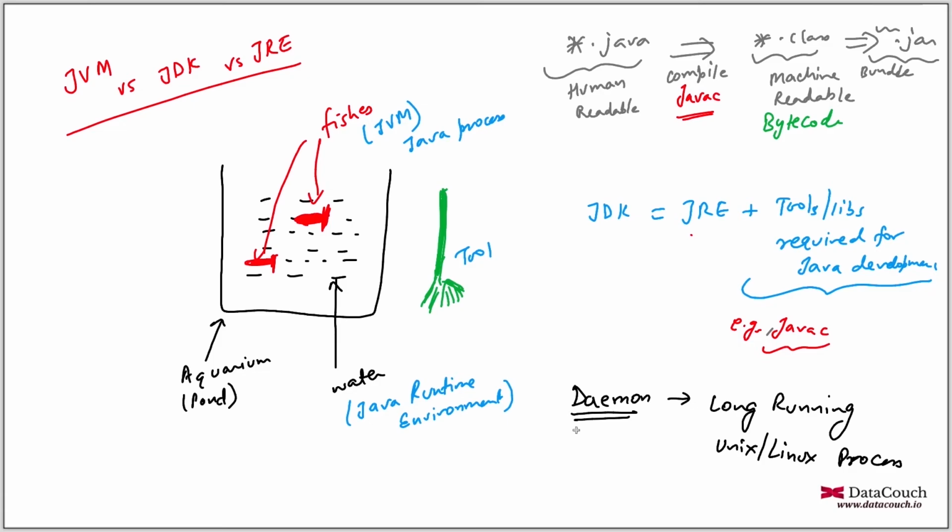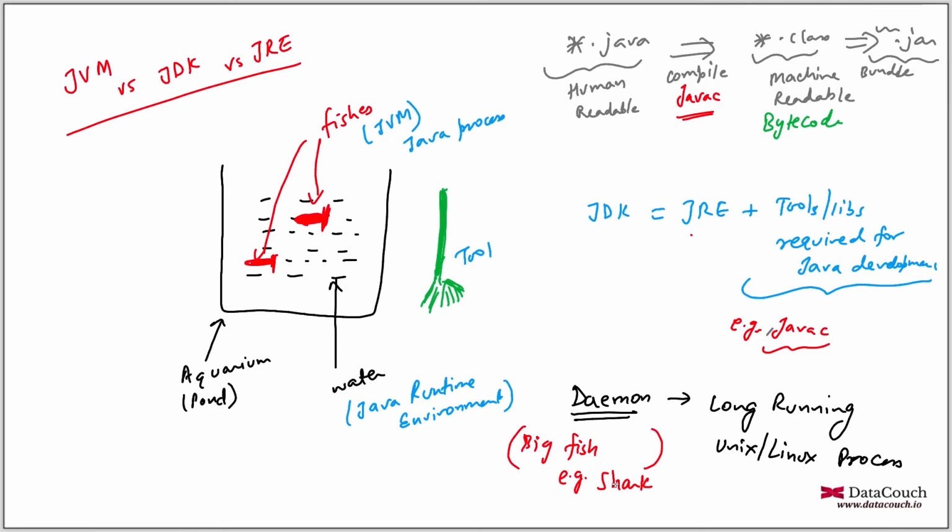This daemon may be Java or may not be Java. It can be a C++ daemon also, like in Impala we have C++ daemons. So this daemon is actually like a shark. So big fish, for example shark. These sharks have a longer lifespan than smaller fishes in the pond. A shark cannot even fit in a pond, but let's say in the ocean. So we have shark and we have fish.